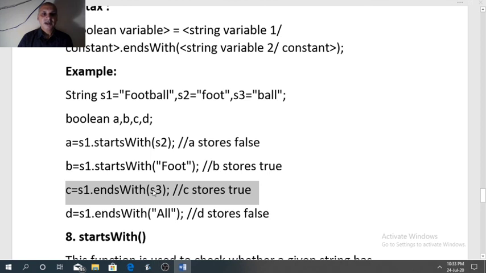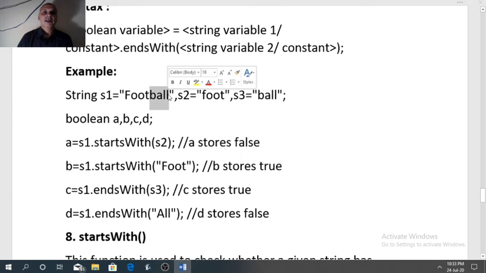Football is ending with S3, that is ball. So we can see S3, that is ball, it is present in S1. Case of the letter is also same. It means football ends with ball. That is why C will store true.